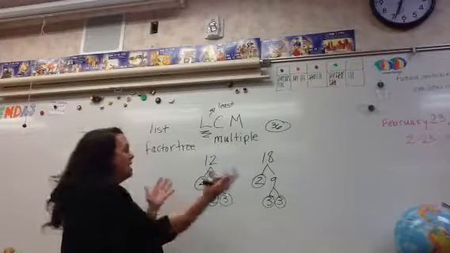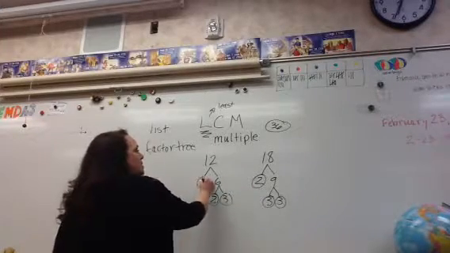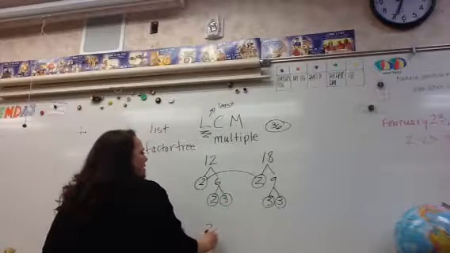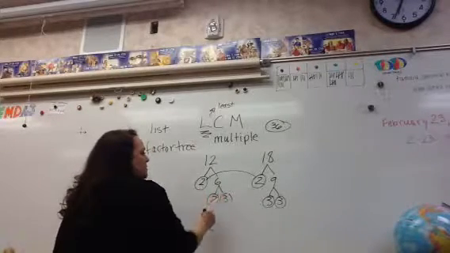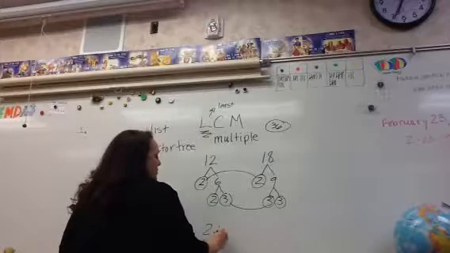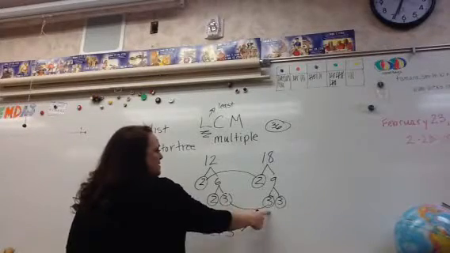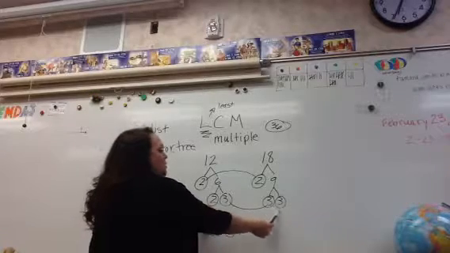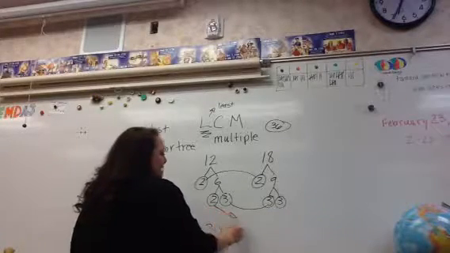And here's where I make the comparison. I'm going to choose buddies, numbers that I see occur in both lists, and write those down first. I have a set of 2's, and I have a set of 3's. Then, to find my least common multiple, I'm going to also use any leftover numbers that I have. This 2,